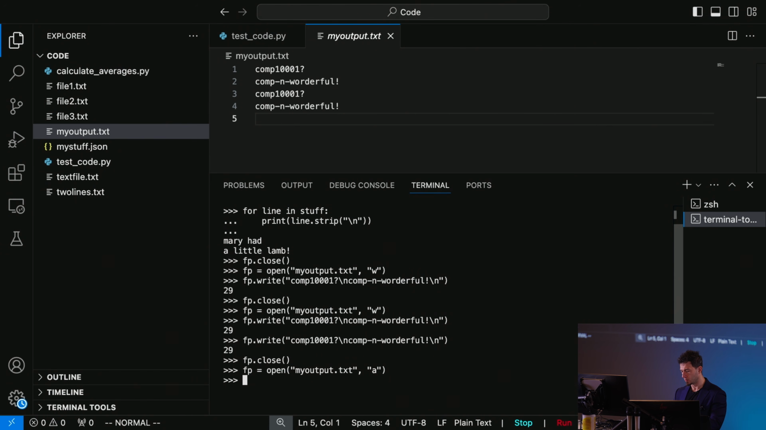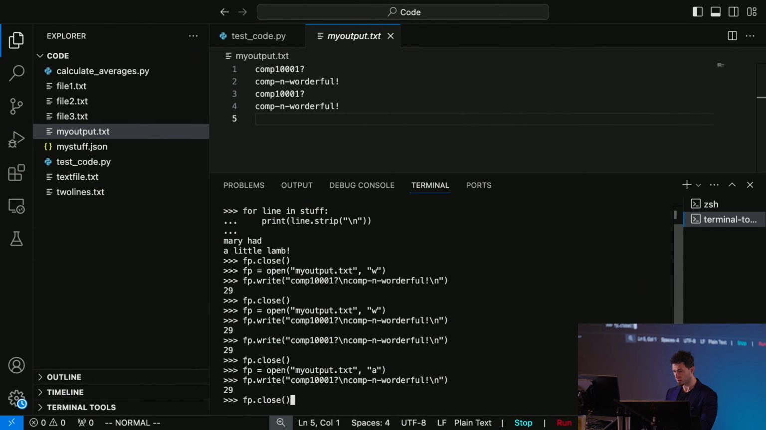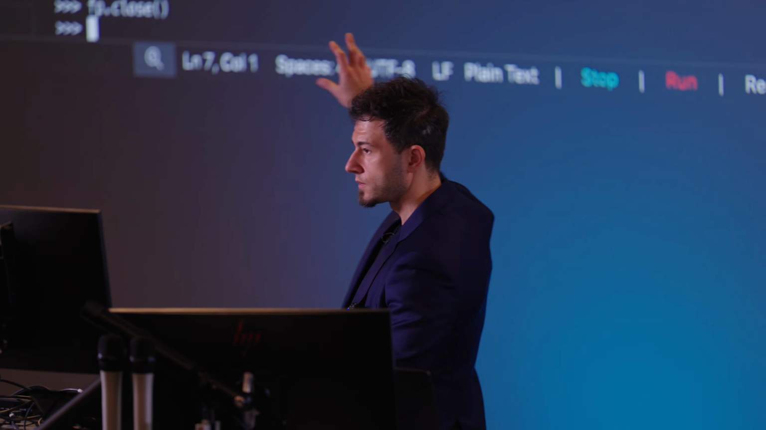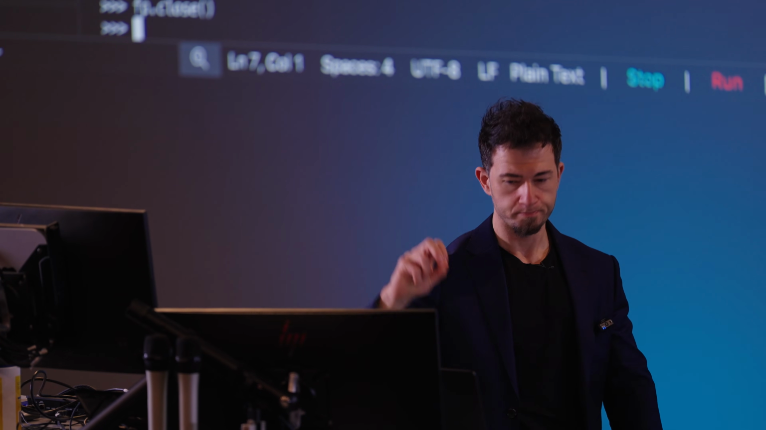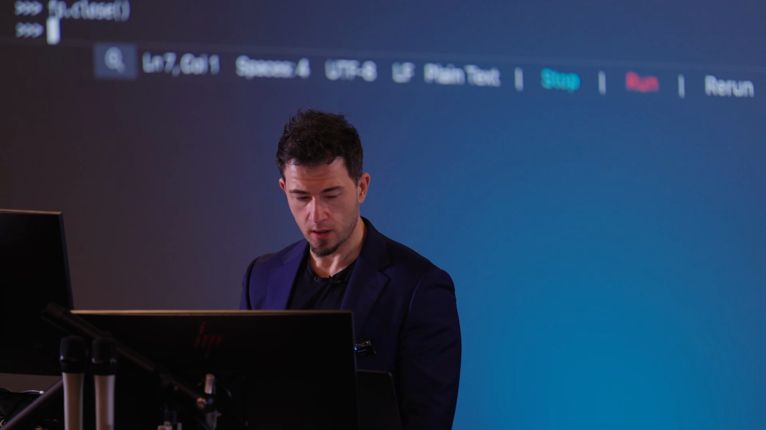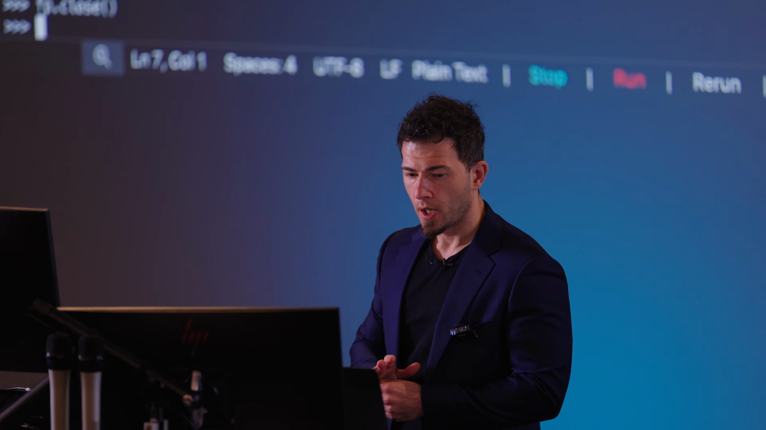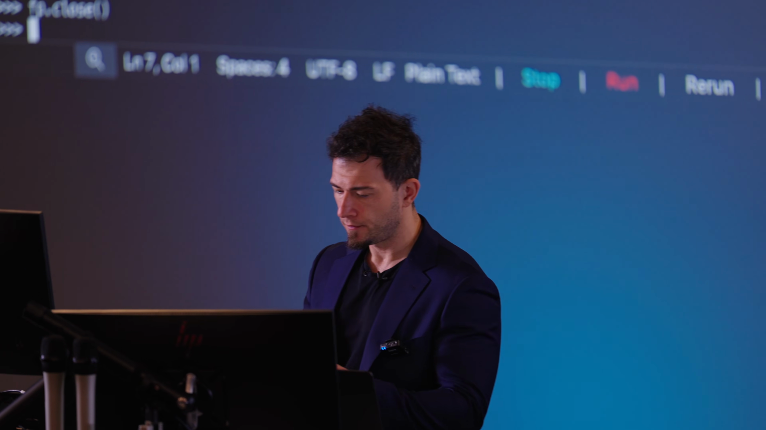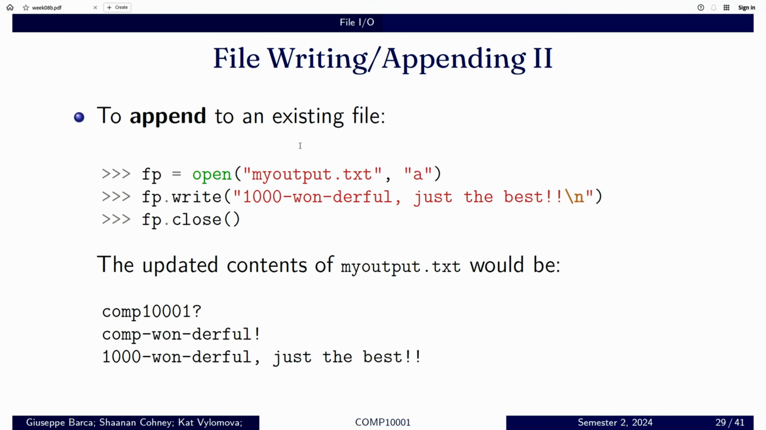So I can do in append mode, and then I can write, and I can close the file, and you can see that another set of those two lines has appeared in the file. Okay, excellent. Now, quickly as well, let's go through a slightly different format for doing reads and writes, which is by using